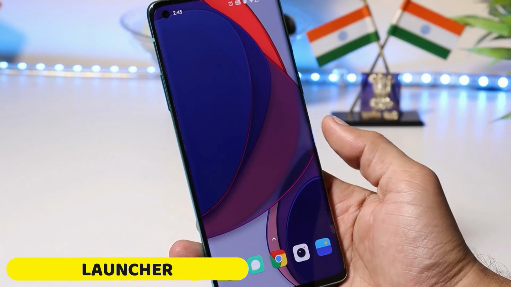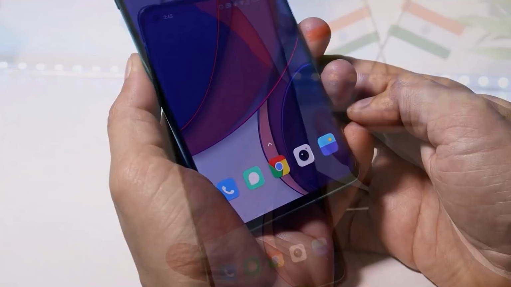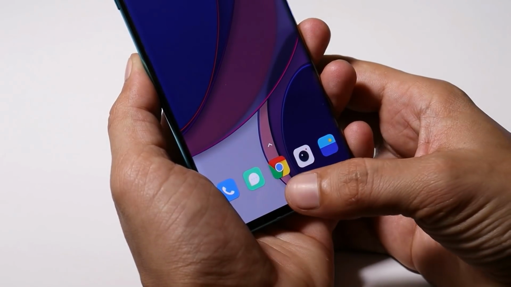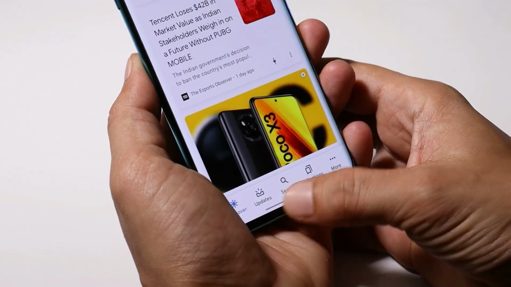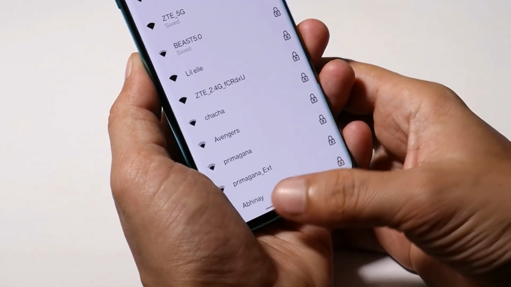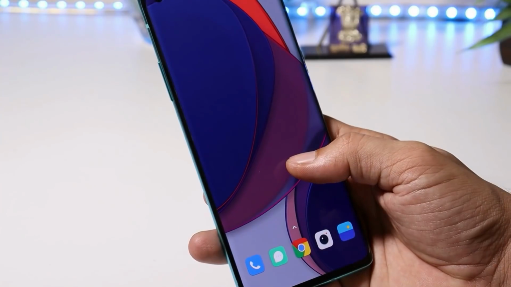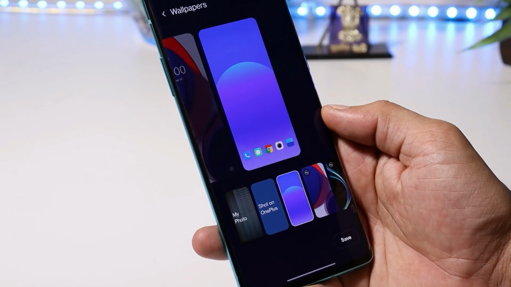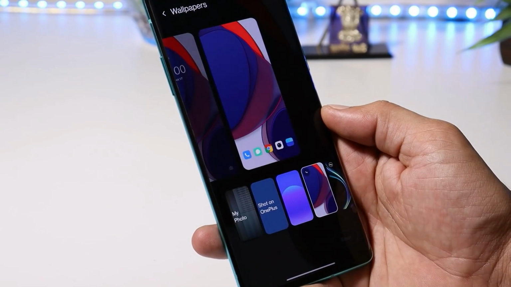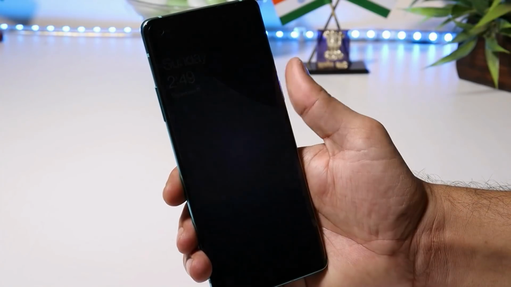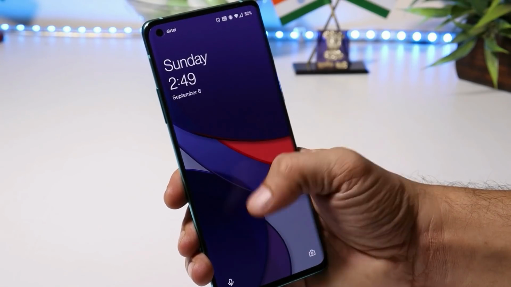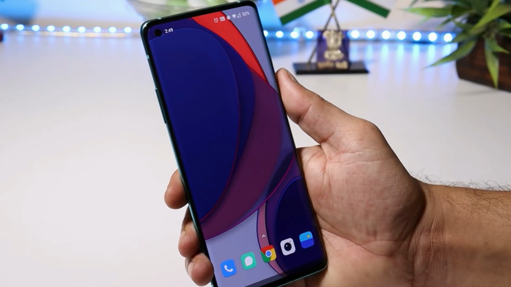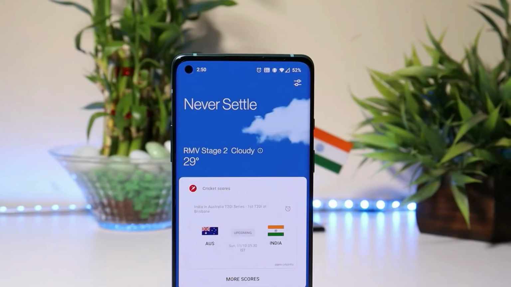First, let's talk about launcher, wallpaper and icon pack. In terms of launcher, you won't see major changes or additions. It's just an improved version over the previous one. With Android 11, we get to see two new wallpapers. One is this static one, which I've never used, and the second one is the live wallpaper. It's not only a live wallpaper, it also changes colors depending upon what time of the day it is. Along with that, there are also changes done with the shelf, where the weather widget is now bigger in size.